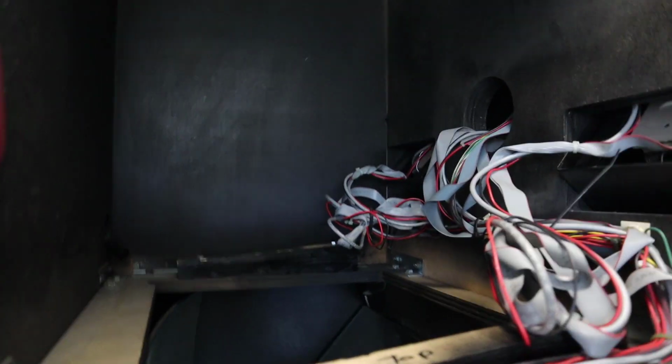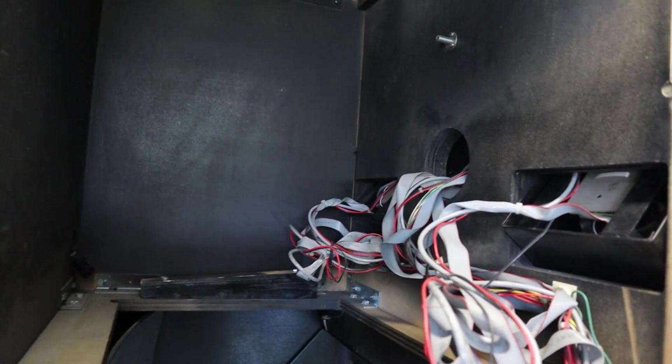I'm running the original CRT MFDs for now. I will do conversions at a later time. I am going to drill and put a fan to blow up and out to exhaust the heat from the CRT for the main. And then you come down here to the optic bay and you can see just how